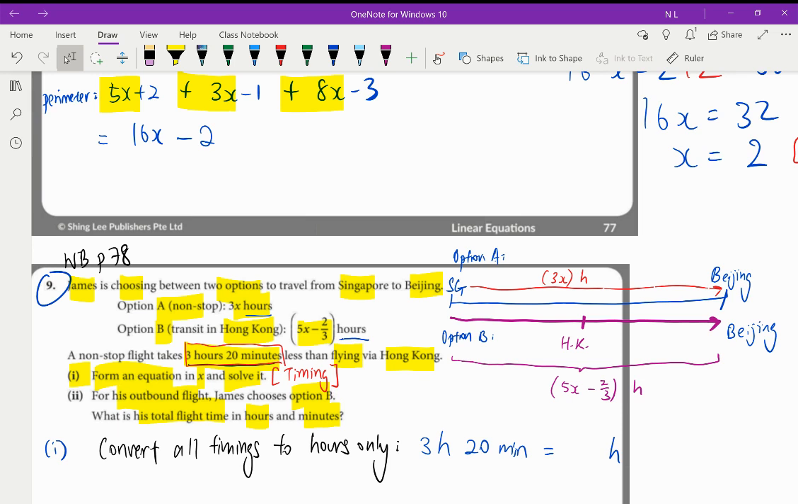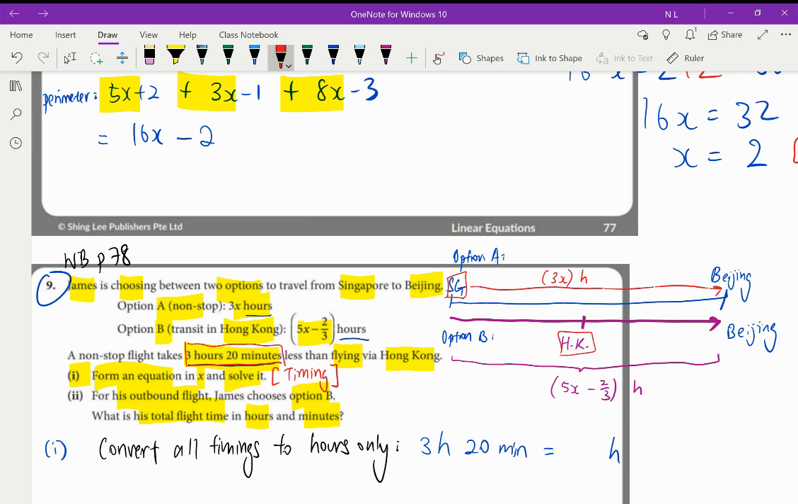Some of you might be wondering, what does a transit mean? It means a plane. So let's look at the purple line. Let's start from Singapore, and this plane will fly to Hong Kong. And this person will have to stop at Hong Kong for a while before boarding the next plane from Hong Kong to Beijing. That means right at Hong Kong, the person will take a rest there while waiting for the next timing of